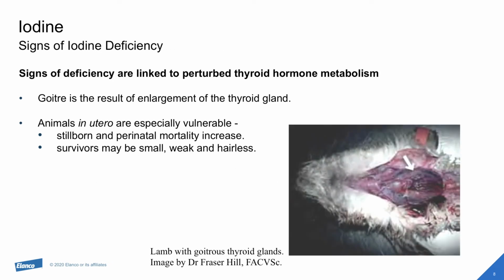The signs of iodine deficiency are consequences of perturbed thyroid hormone metabolism. A characteristic feature is goiter caused by enlargement of the thyroid gland as it attempts to compensate for inadequate supply of iodine. Histology of goitrous glands from sheep shows diffuse hyperplasia and follicles of irregular shape, especially with follicular infolding lined by columnar epithelium. Animals in utero are especially vulnerable, and if deficiency is severe, then born dead and perinatal